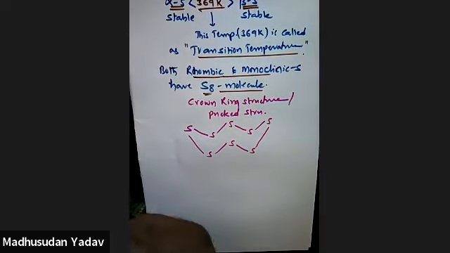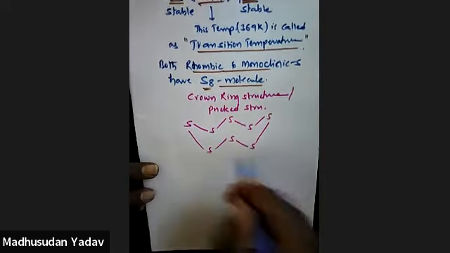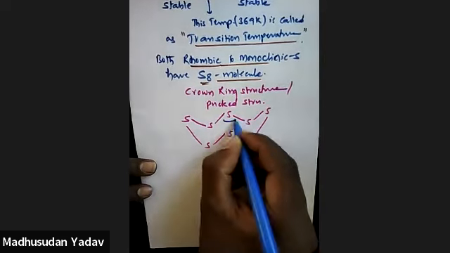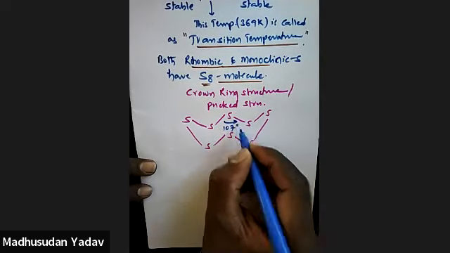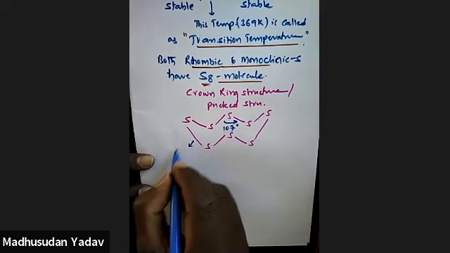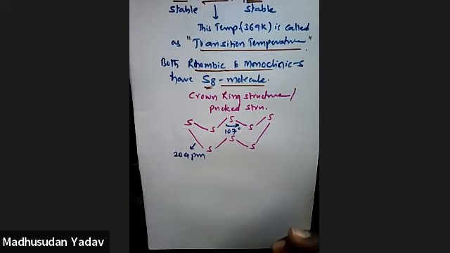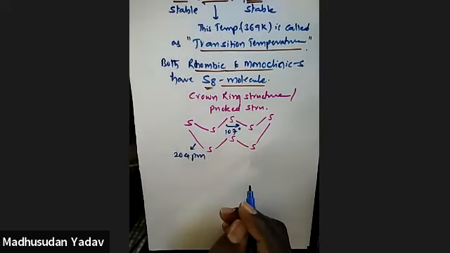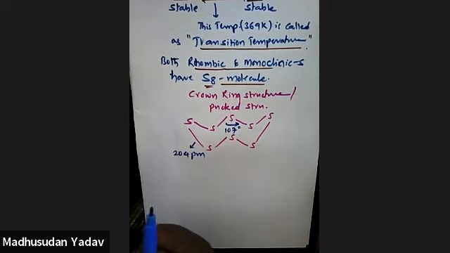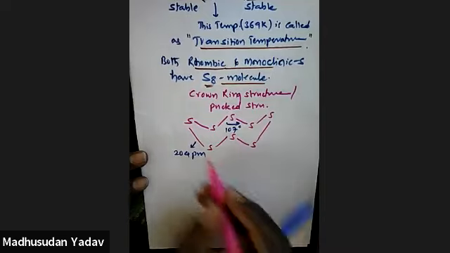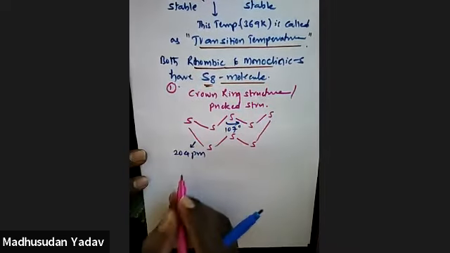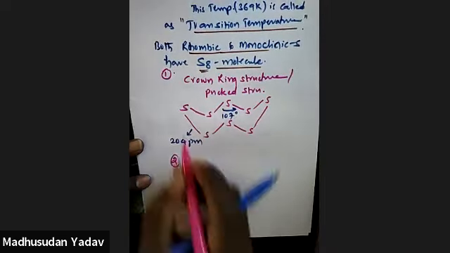Can you see this? It's like a crown. Here the bond angle is 107 degrees and this S-S bond length is 204 picometers. Okay, guys. This is the first S8 molecule. And sulfur will also exist as,